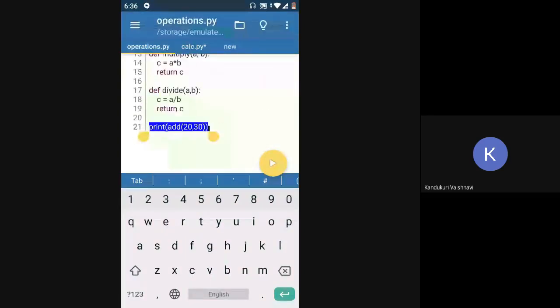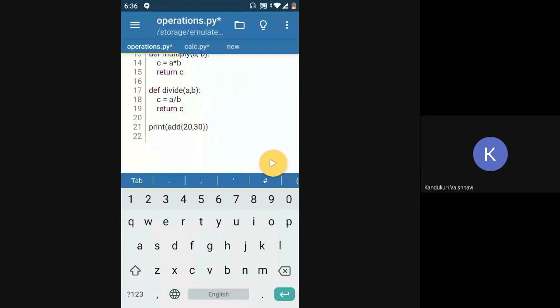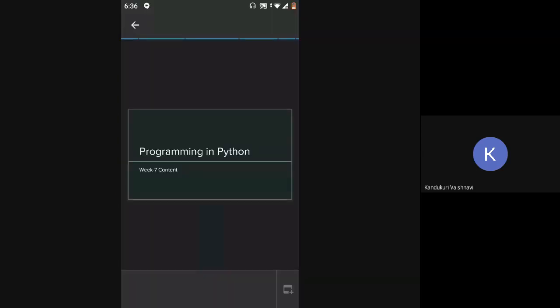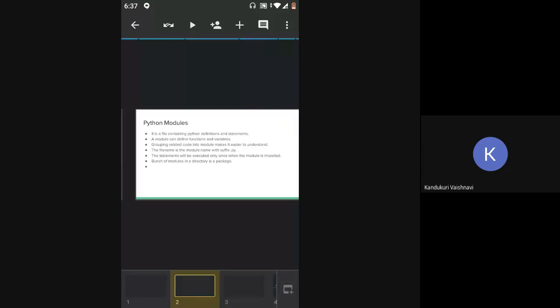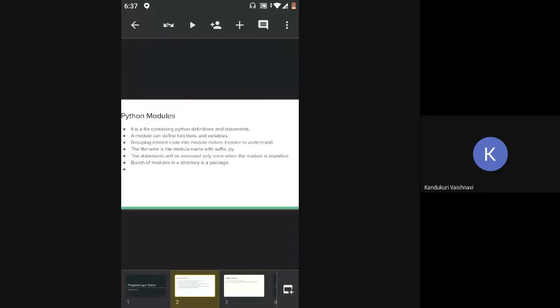Whatever code you have in this file, even if you had three print statements, an if statement, or a for loop, that will get executed first, and then the control will come to your calc.py file. So the statements will be executed only once when the module is imported.